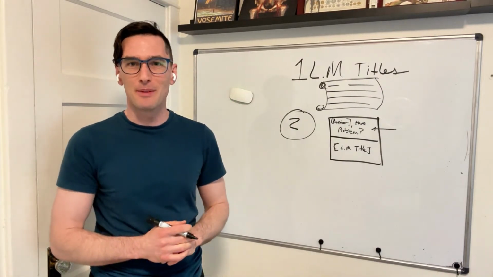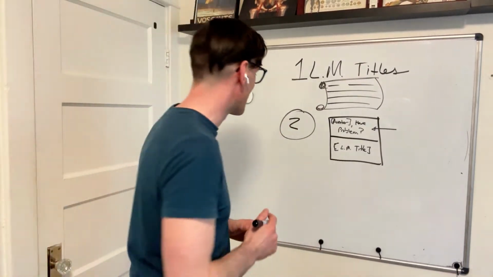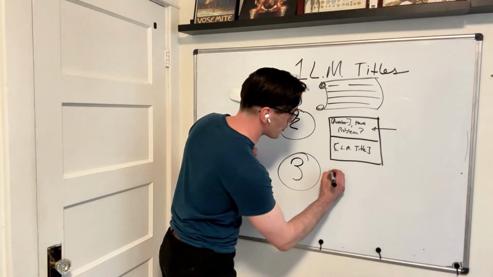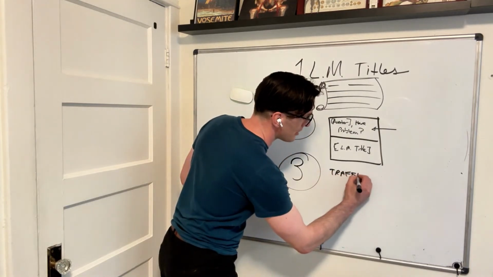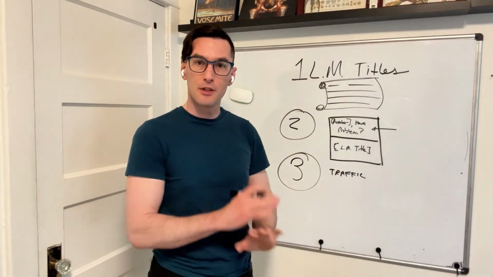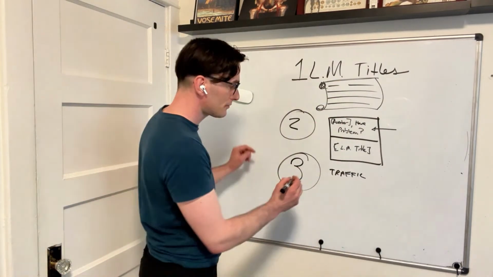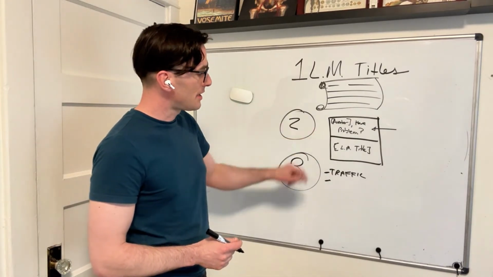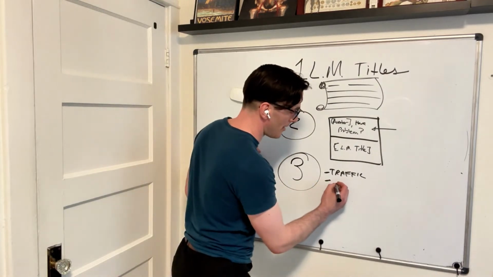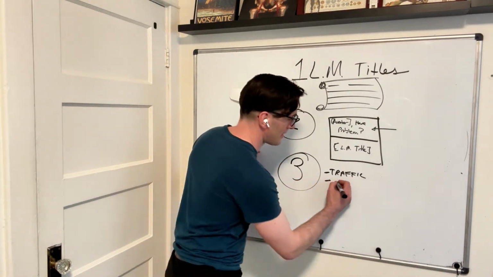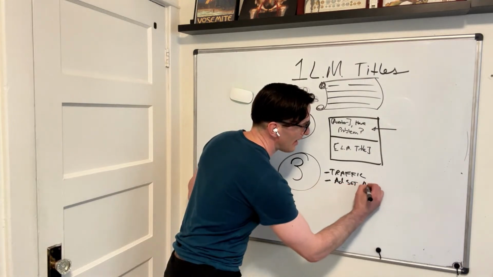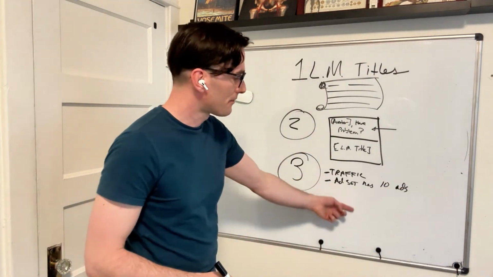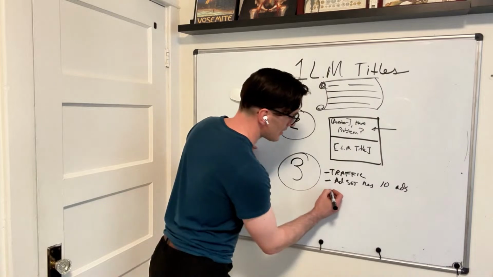And here's the point you're probably most excited about: how do you test these lead magnets? So here's how you test them. You're going to make a Facebook advertisement campaign for traffic. This will not get you any purchases. You're not going to make a funnel. You're not going to do anything complicated. You're just going to make a traffic campaign. Then you're going to take your 100 ideas, so you've got 100 of these images, and you're going to put 10 each in different ad sets. So each ad set has 10 of these ads. That means you have 10 of these ad sets, right? Cool. Each ad set,